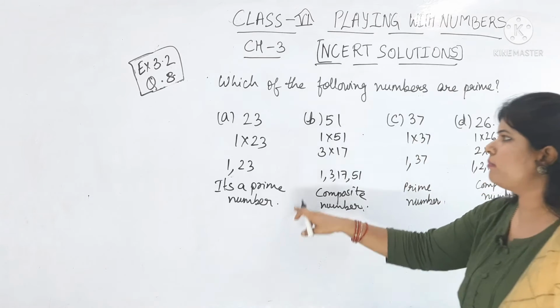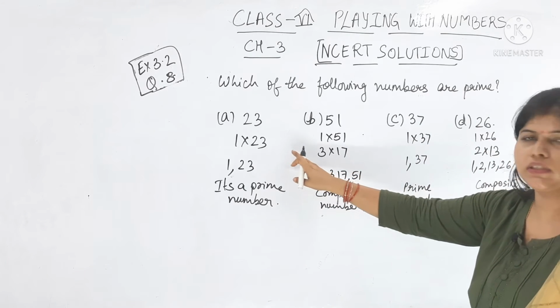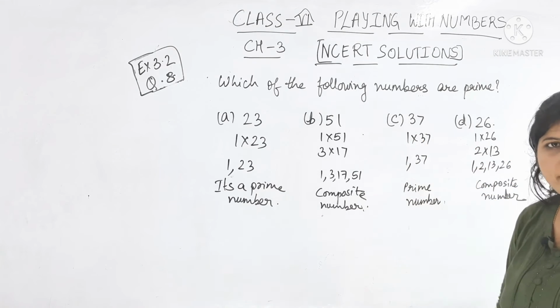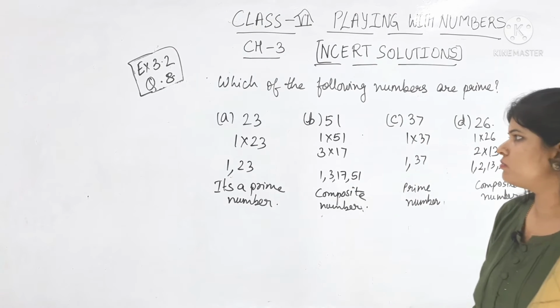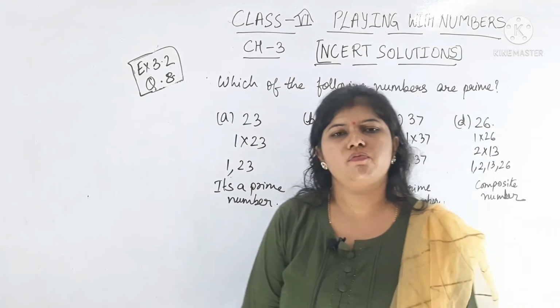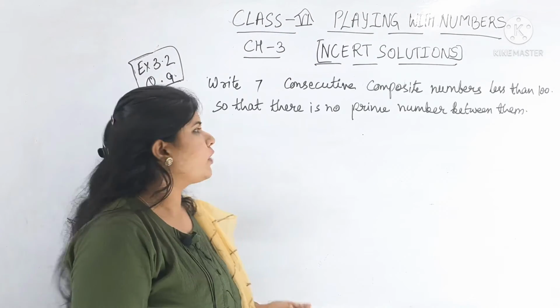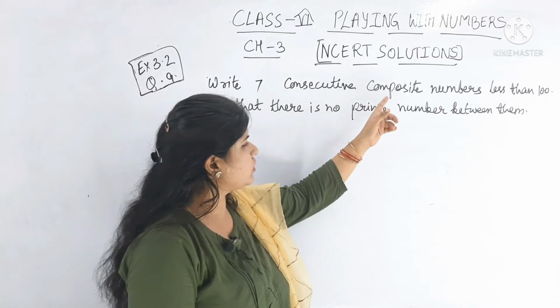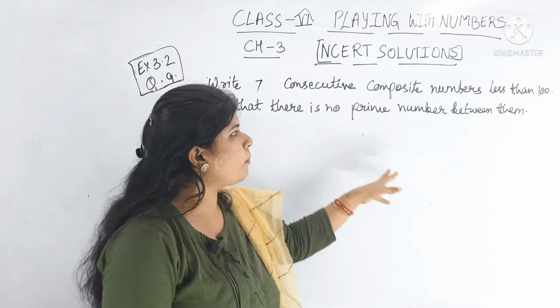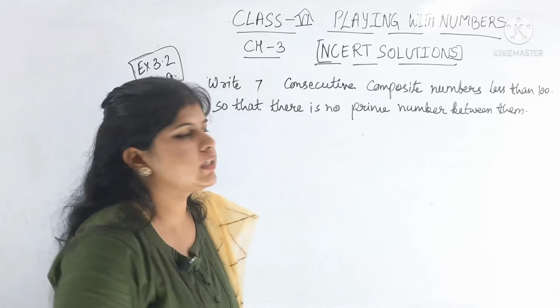It's a prime number. So what we see, A and C are prime numbers and B and D are composite numbers. The prime numbers have only factor 1 and the number itself. Here we see: write 7 consecutive composite numbers less than 100 so that there is no prime number between them. So here we can see